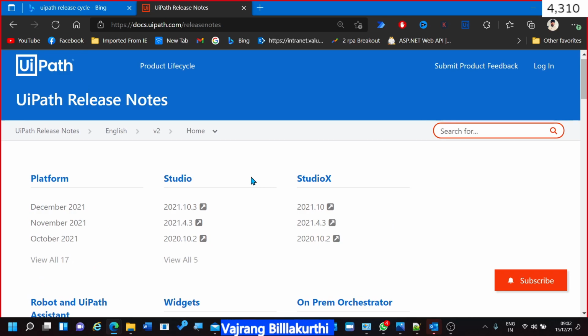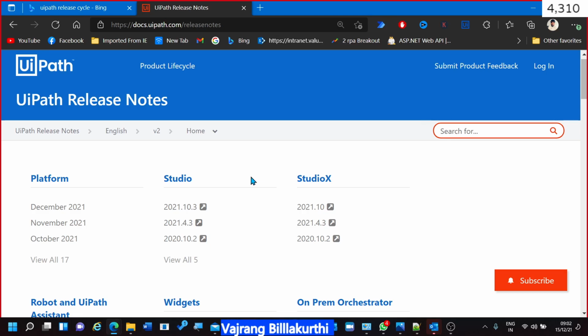UiPath will release the majority of its items with full-time support, FTS. Full-time support is for the items that it releases for enterprises.